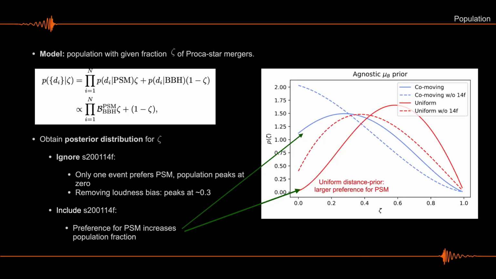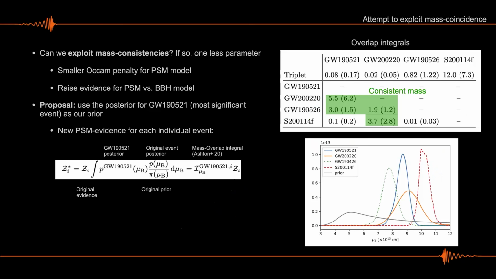And if you put it back, then you have a second event for which the boson star merger scenario is preferred, and then your distribution shifts to the right. The red curves correspond to the case in which we assume this unphysical prior that removes the effect of source loudness. So an extra game that you can play here, and with this I will finish, is, well, you not only have some events, or 4 events, let's say, that have a given preference for one or the other scenario, they also share, or they may share, a common boson mass.